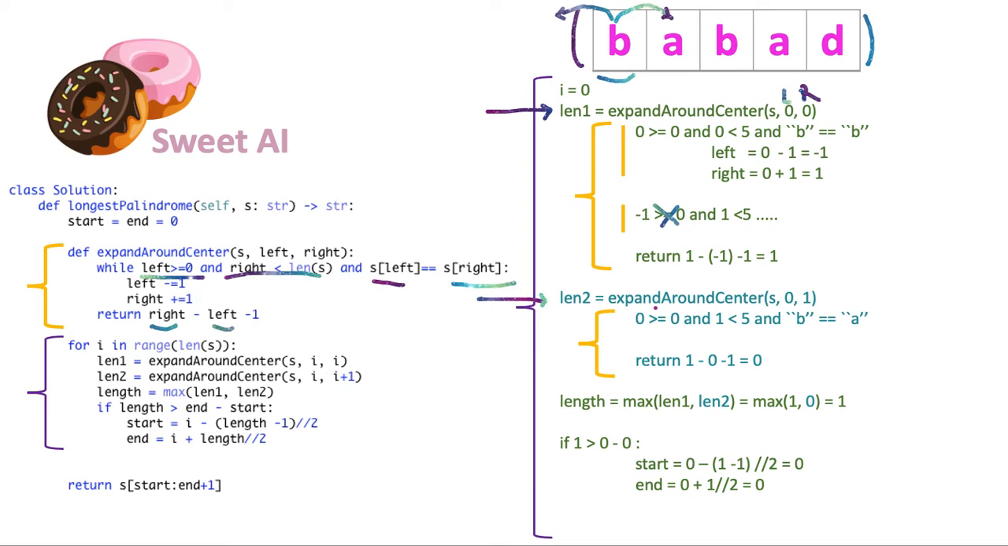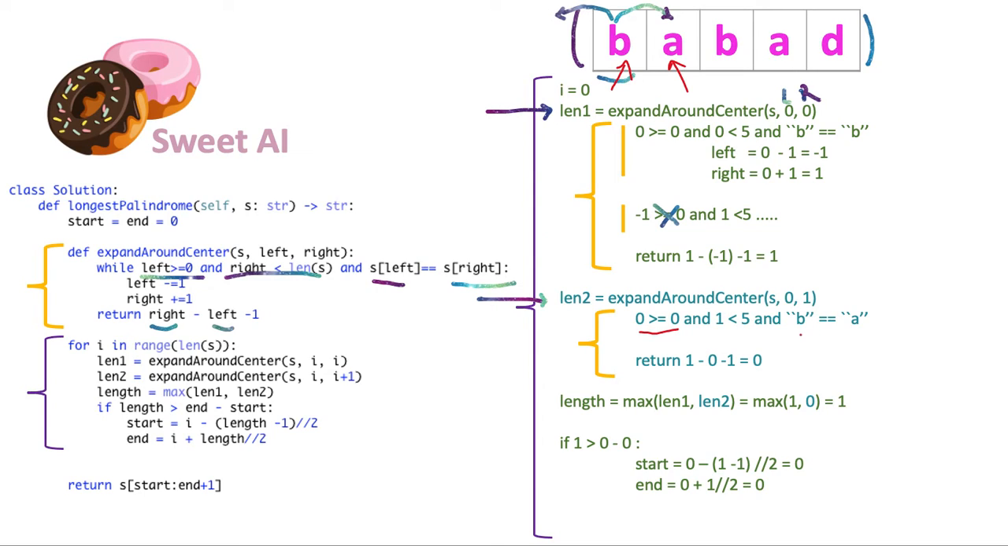And for the second case, as I mentioned, let's change the color. We are not going to have the pointers both at the same index. One pointer is going to point at index i, and the other one is going to point at index i plus 1, which is 0 and 1. So it is checking if it is in range. Okay, 0 is